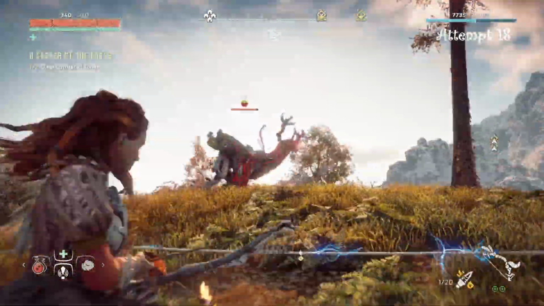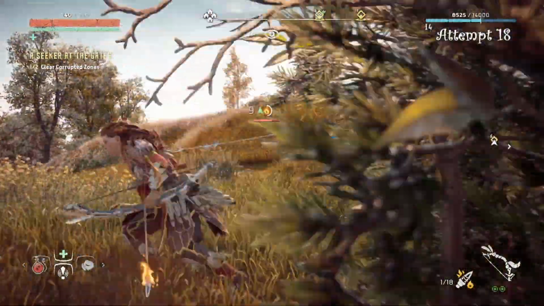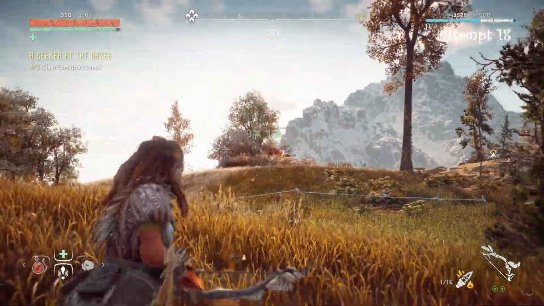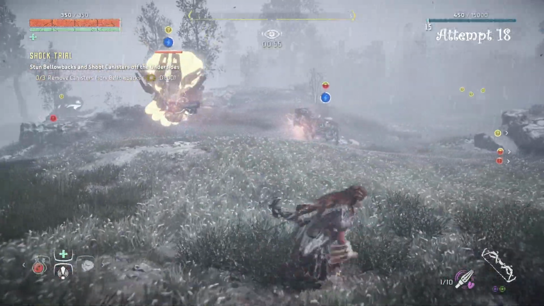The first corrupted zone we needed to clear out to progress to the gate was just 3 simple grazers, which I found suspiciously easy, but a few well-placed fire arrows take them out pretty good. Checking out the next hunting trial, I attempt one and decide it isn't worth doing right now, so I head